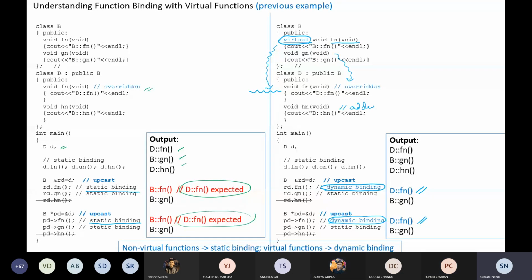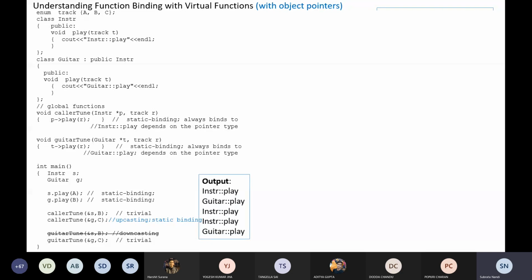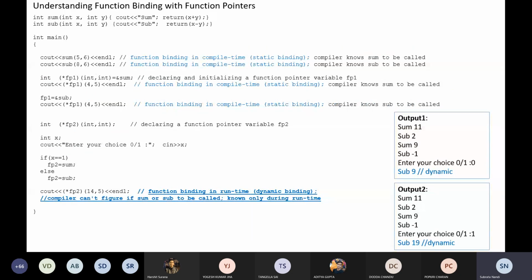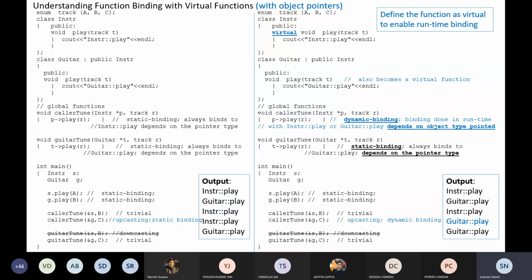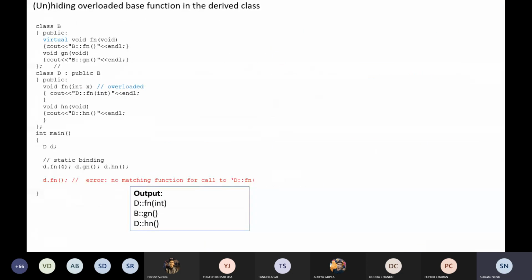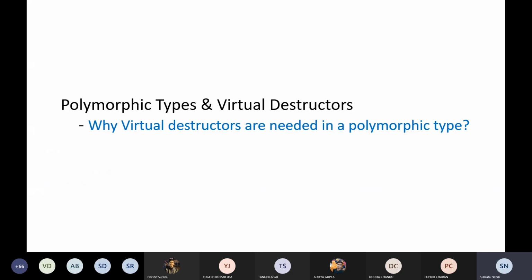Yes, sir. So let us stop the class at this moment. In the next class I'll mainly talk about this example also, which will be extended. This example of guitar and instrument is an example of dynamic binding using function pointers, so I'll recall that concept also. These two will not take too much time, maybe 5-10 minutes, and then essentially I'll be talking about some more issues like unhiding the methods and all this,